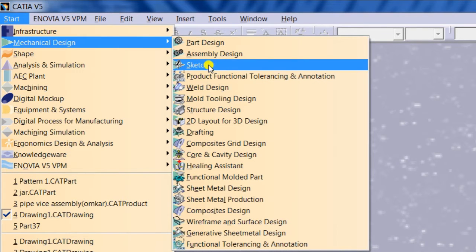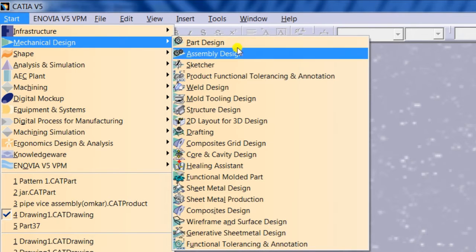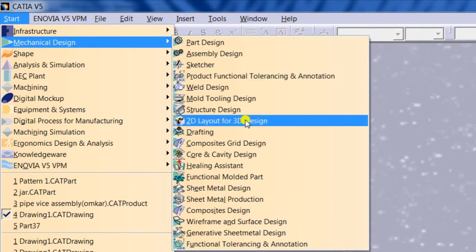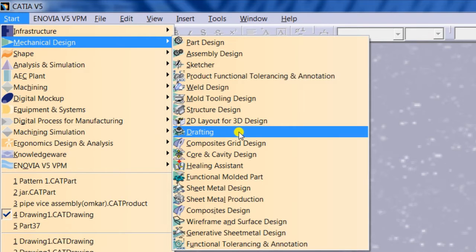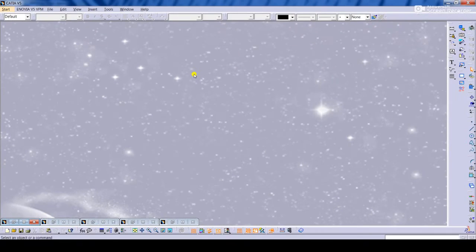Then our first workbench will be Sketcher. You can see here the second workbench will be Part Design, the third workbench will be Assembly Design, the fourth workbench will be Drafting, and the fifth workbench will be Wireframe and Surface Design. These are the 5 basic workbenches.